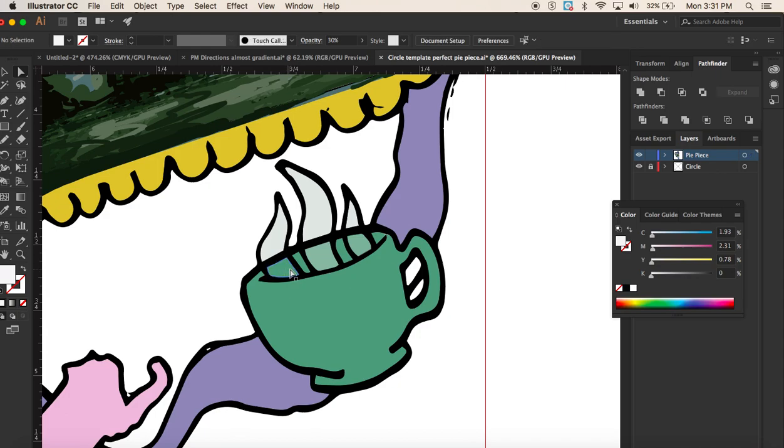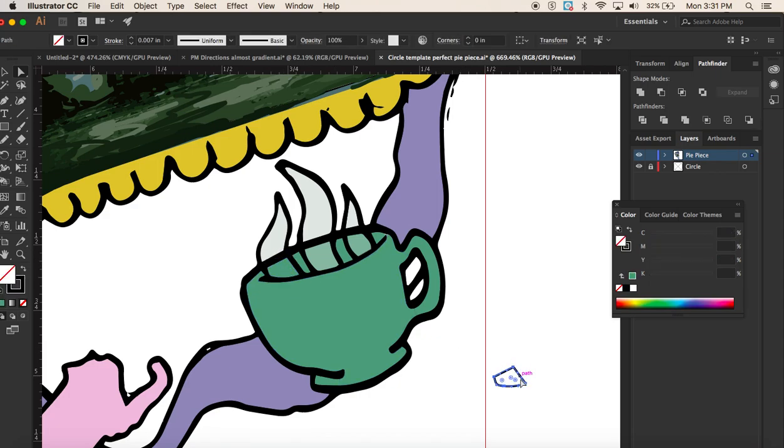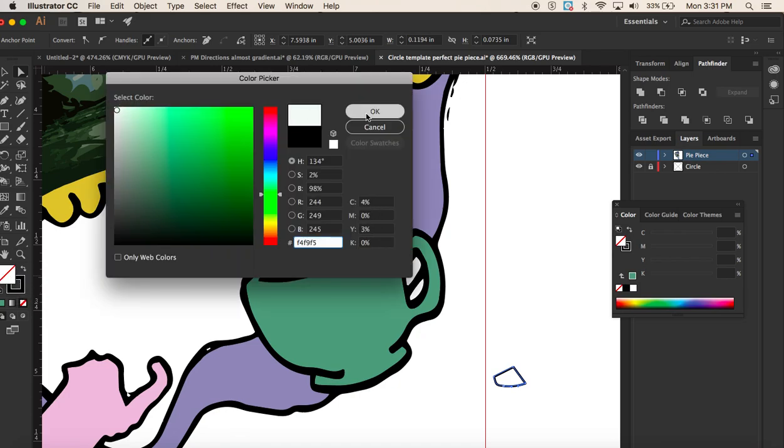Let me just delete it so I can show you from the start. So I select the inside shape. I hit Command C, Command V. And now I have a version of it over here. So I just made a copy of this shape. I made a copy of it because what I want to do is fill this with white, and I want to lower the opacity so I can see through it. So right now my fill is see-through and my stroke is black. I want to take my fill, I'm going to make it white,